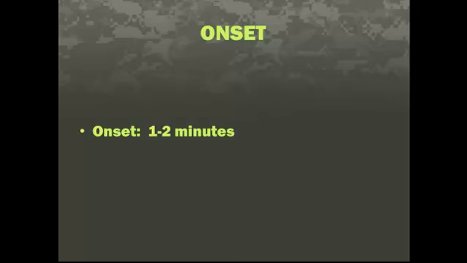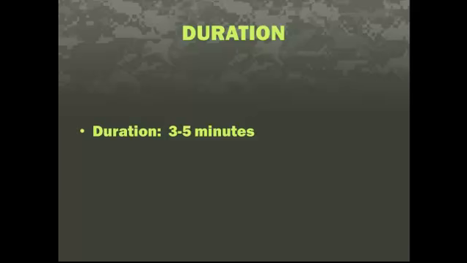The onset of nitroglycerin IV is 1 to 2 minutes. The peak of IV nitroglycerin is 1 to 5 minutes. The duration of action of nitroglycerin is 3 to 5 minutes. The sublingual route bypasses first-pass metabolism by the liver and is therefore the preferred route of administration outside of the OR. The T half-life alpha, or distribution in the body, or commonly referred to as the plasma half-life, is 1